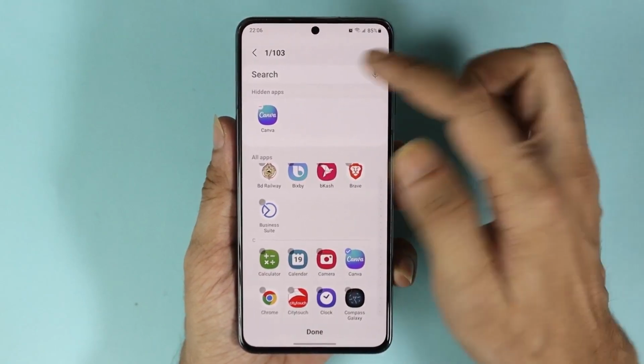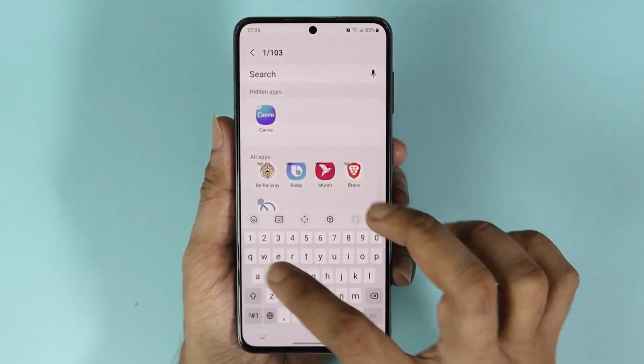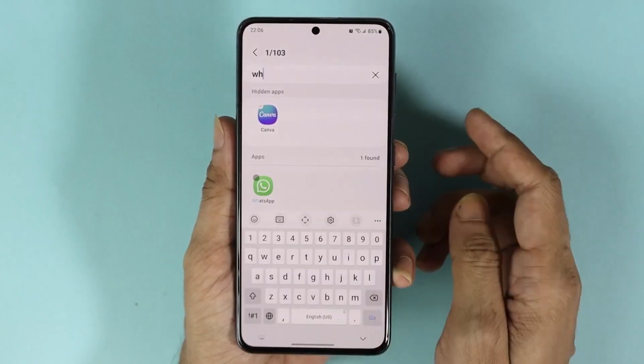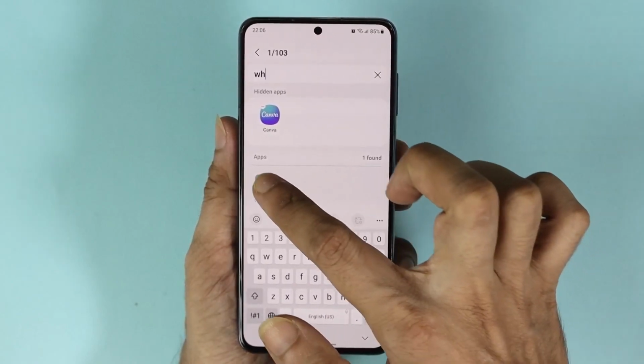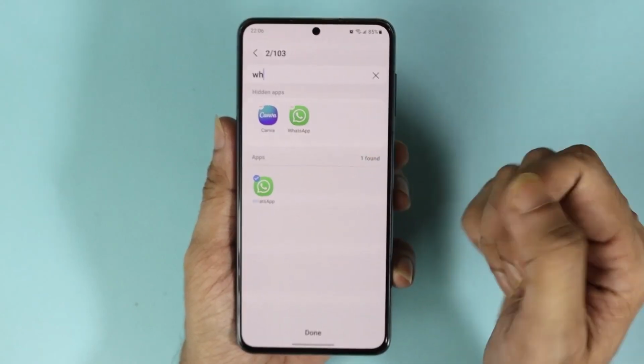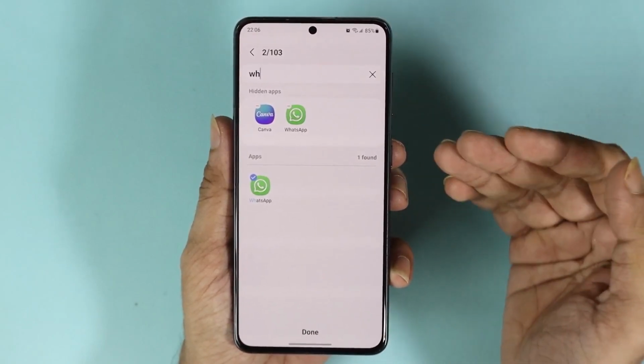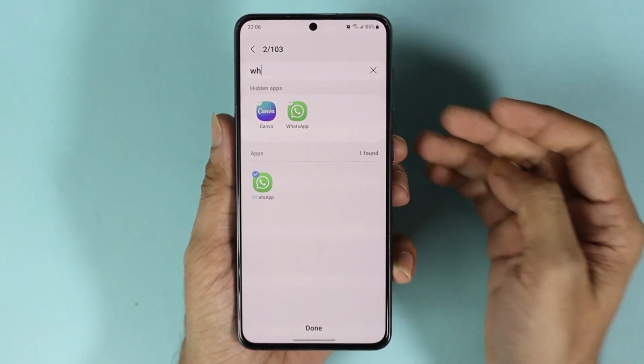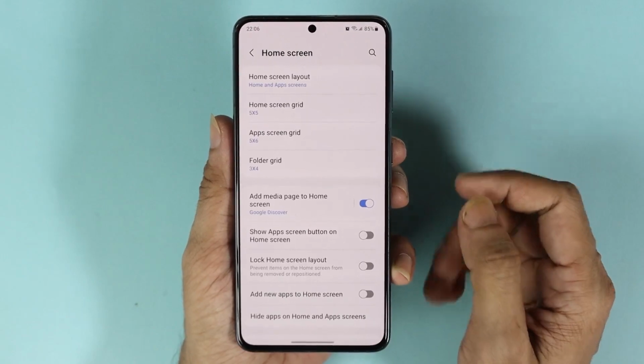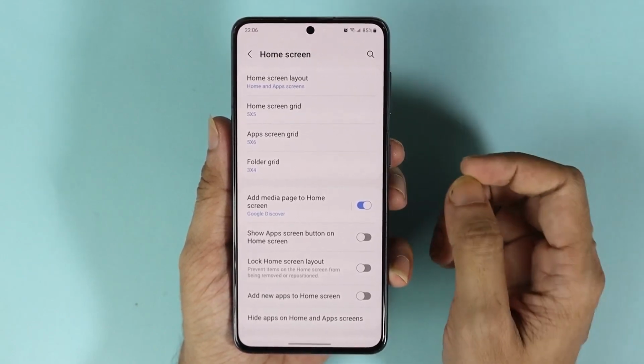You can also search for the application that you want to hide. So if I search for WhatsApp, you can see that it came up, and if I tap here, it will go to the hidden apps section. Now once you're done selecting all the applications, just tap on done, and we have just hid those applications on